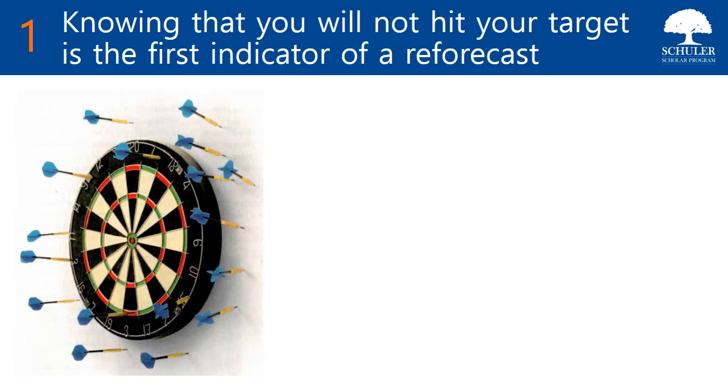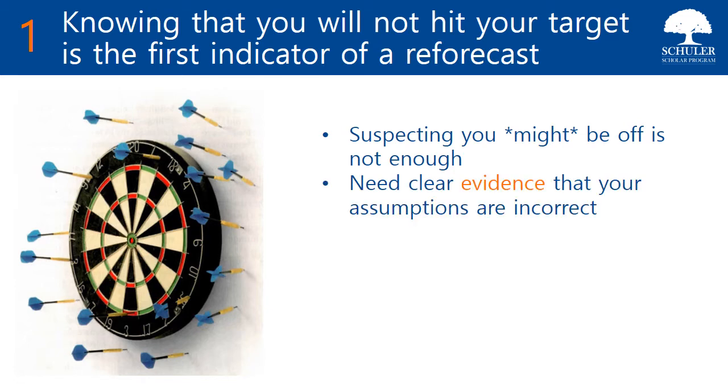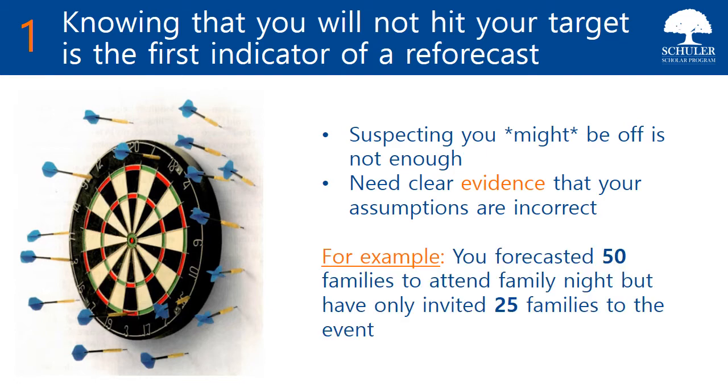So diving into that first criteria, suspecting you might be off is not enough. Okay, you really want to feel pretty good that, yeah, I'm gonna miss. And what does that mean? That means that you need clear evidence that your assumptions are incorrect. Shouldn't really be just a hunch. It should be that you've got something very specific, very understandable, and pretty reliable to make you feel like you're not gonna make it. As an example, if you forecast that you're going to have 50 families attend family night,